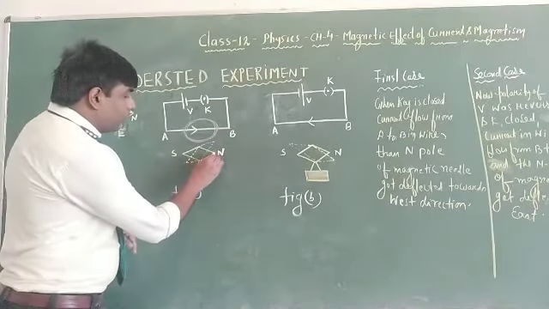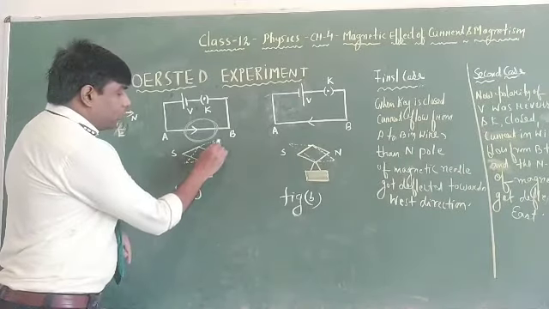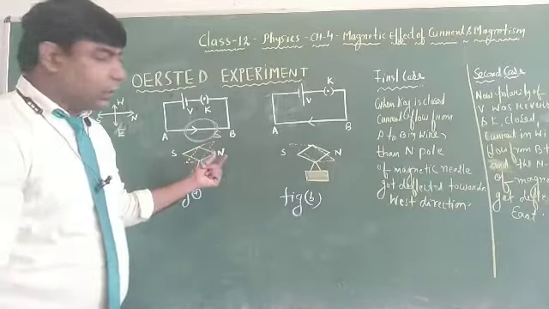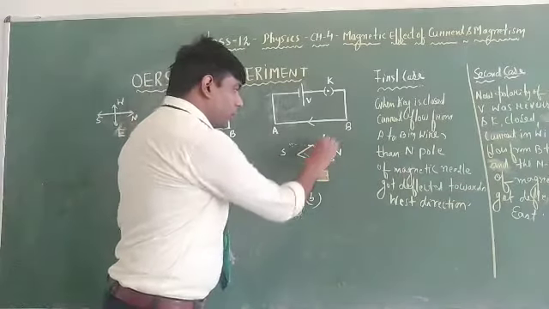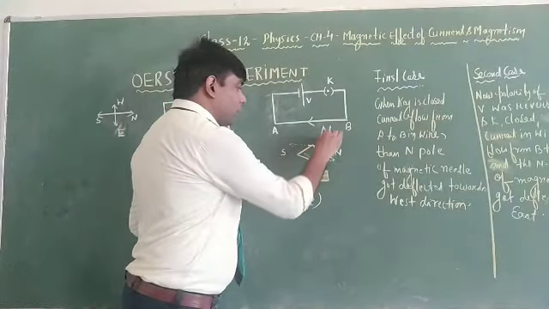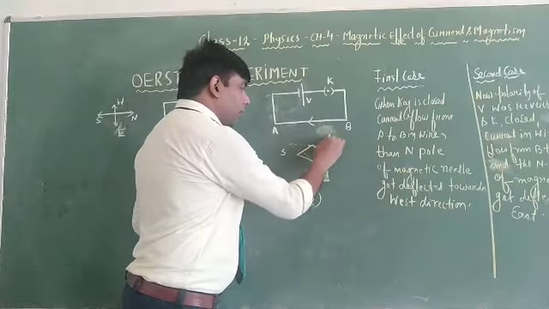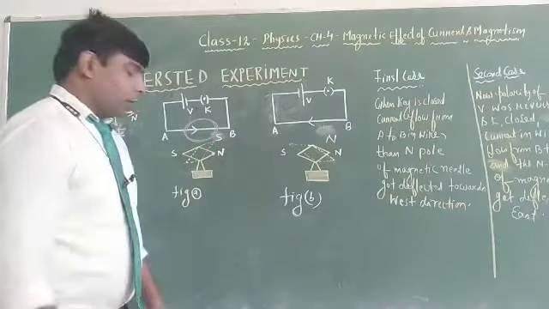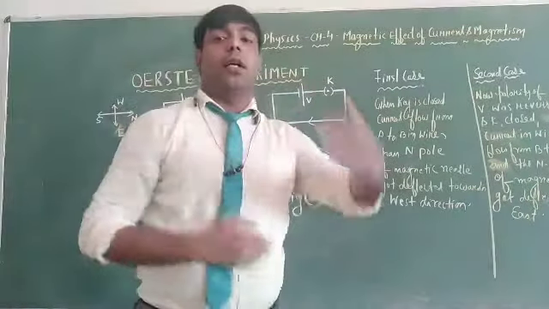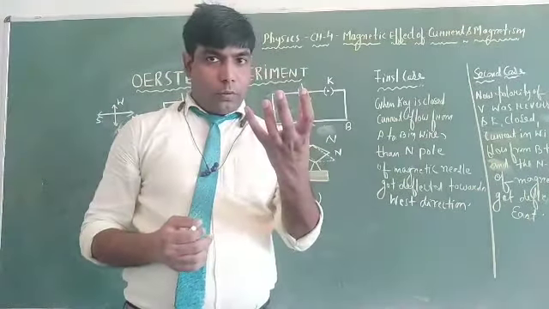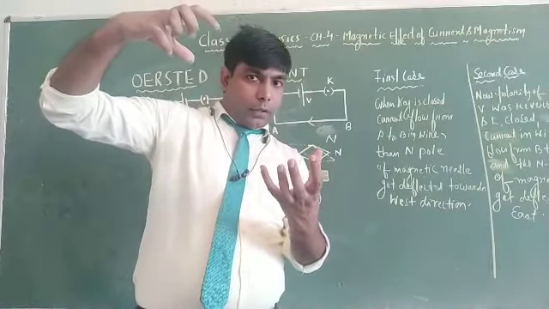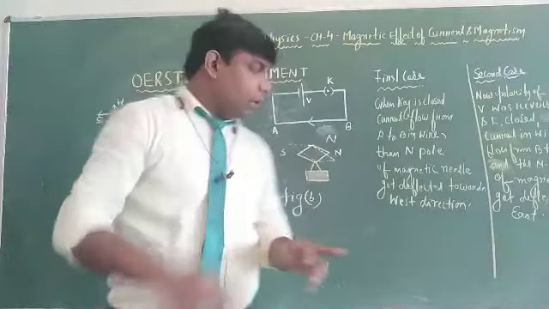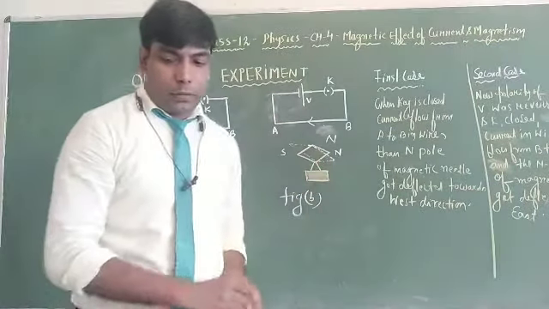It means at this point, north is attracted to south, so here there must be a south pole generated. In the next case, the north pole is deflected, so at this point the magnetic field generated will be north, and here the magnetic field generated will be south, because the magnetic field will be generated around the conductor. If the magnet's north pole meets a conductor field that is south, there will be attraction, and if both have the same polarity, there will be deflection, right?